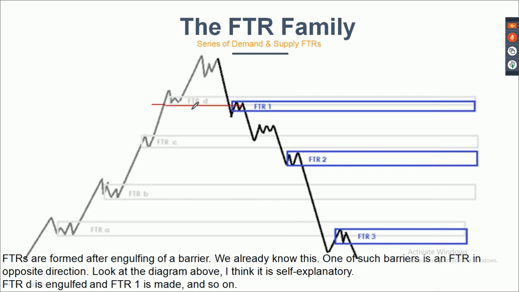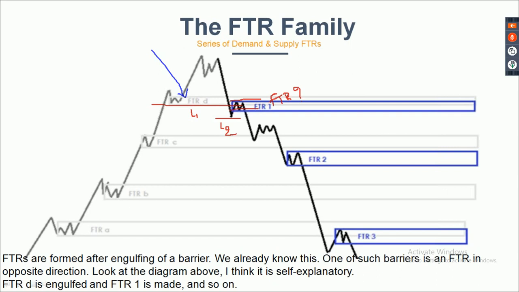Now look at it. Can I take this FTR D as L1 and this one as L2 and mark this zone as FTR supply? Supply FTR. Correct? Now, who is the supply FTR? He is the one who destroyed this legacy. He is the one who destroyed the legacy of the FTR demand. So this guy is a super strong supply FTR. Now, the message is